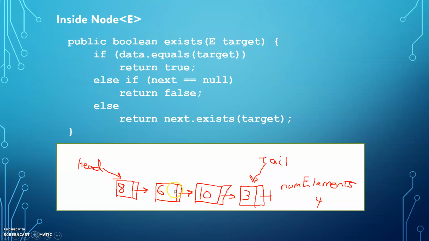So now we're going to say, okay, this node is going to return what the following one does. So from the next node here, now exists is going to be running on this node. 10 is the value that we're looking for. So I ask the question, does data equal target? It does, because we found the 10 that we're